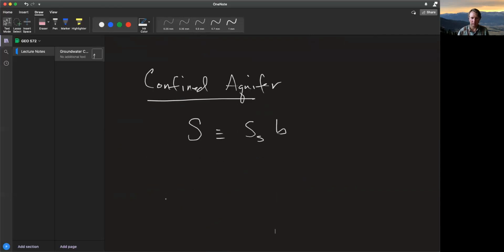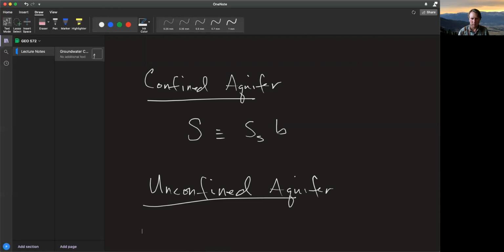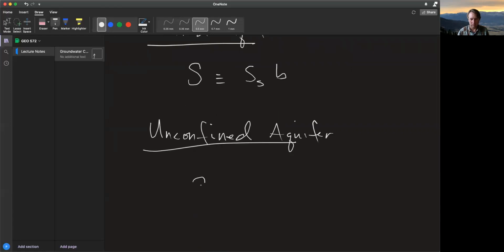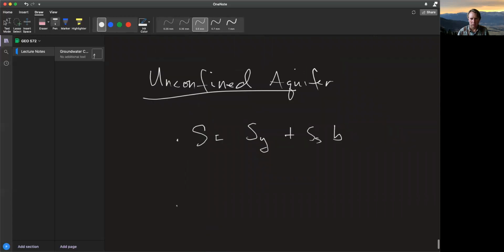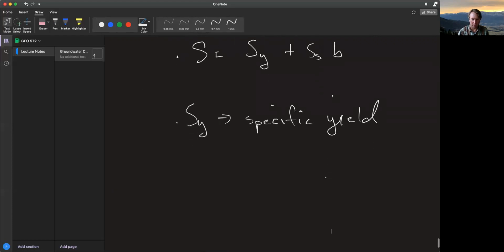For my unconfined aquifer, where I'm draining pore space, my storativity is equal to SY plus SS times B. Where SY is the specific yield, and it is defined by